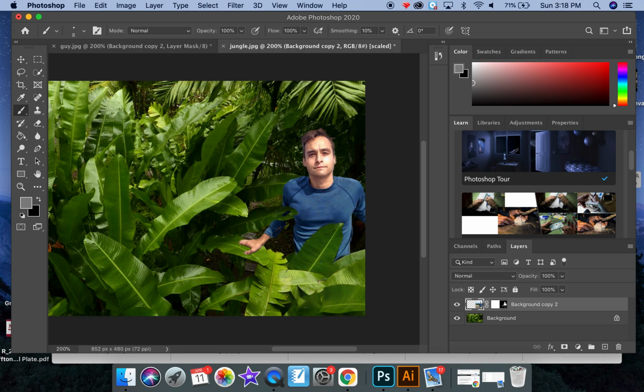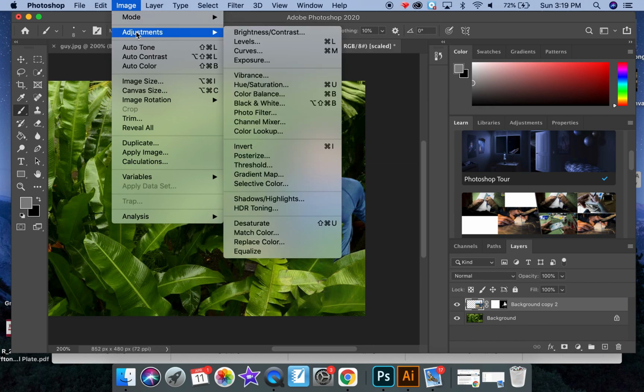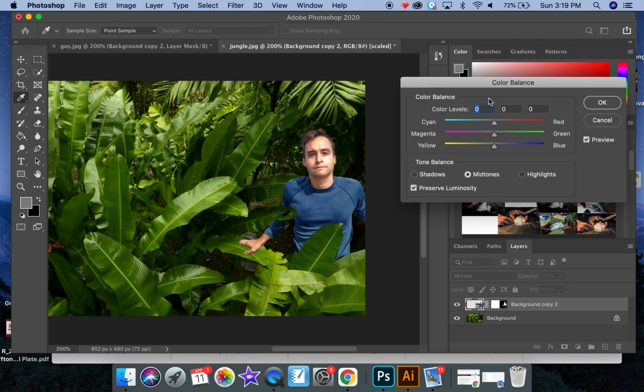So we need to kind of get the saturation down a little bit, maybe the intensity or the brightness down a little bit, and change the color reflection. So we got to make sure we're on that layer, not on the background layer. Okay, and we are going to go to Image, Adjustments, and there are tons of different things. And again, Photoshop has so many different things, but to just kind of mess around with color, all these kind of work. I'm going to go to Color Balance, and then a window will pop up, and what